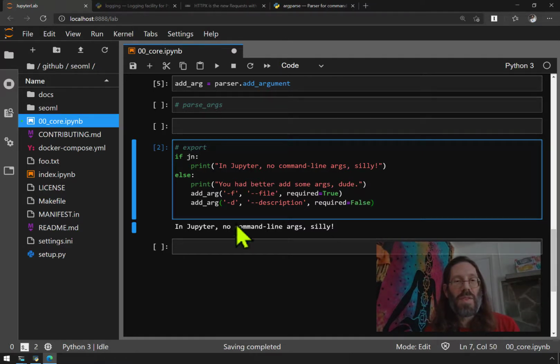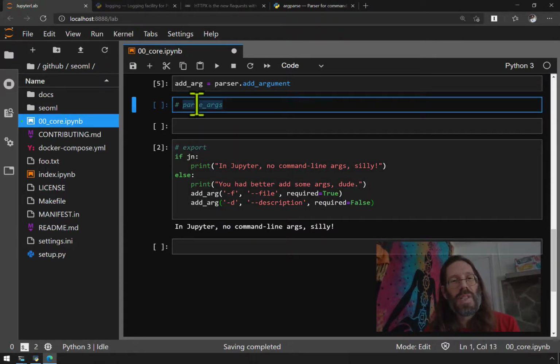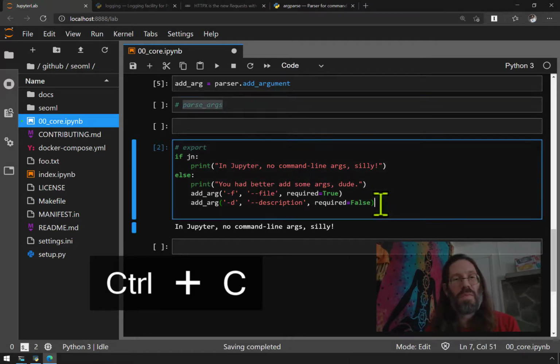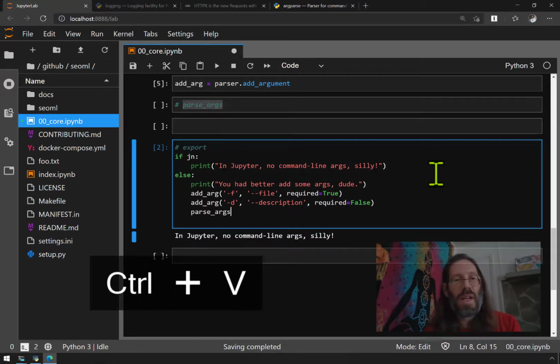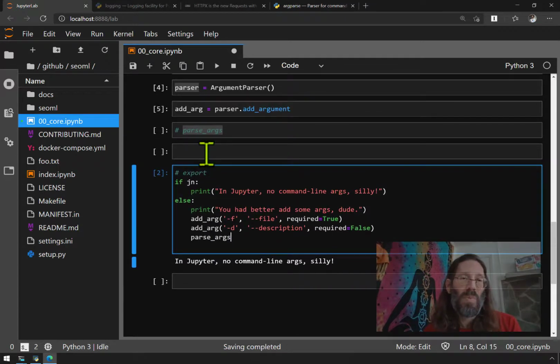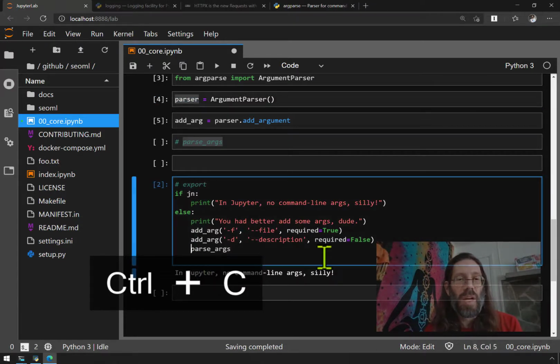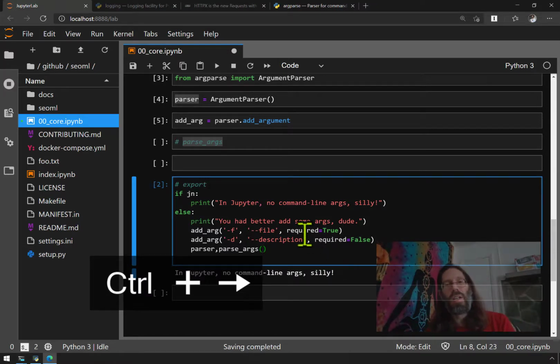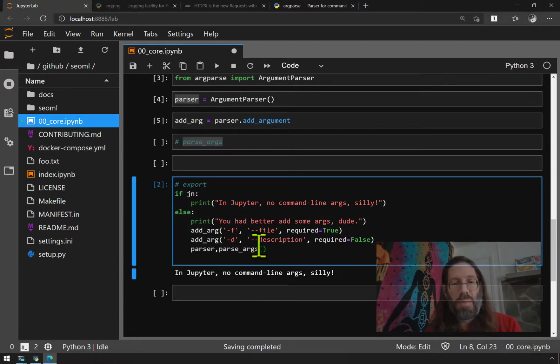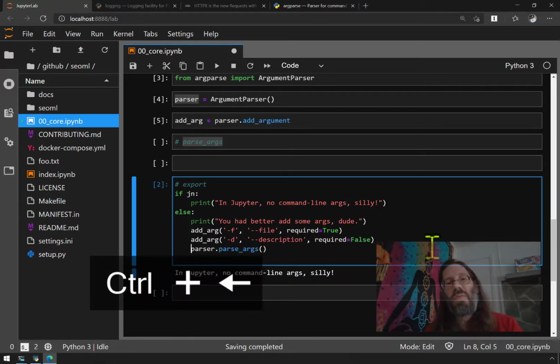All right, so we've added 2 arguments, and still inside that indent, because we know we're in the context of being in something that is not Jupyter Notebook, we can invoke the ParseArgs method of the parser. That's the parser we're talking about at this point. So it's an easy enough pattern. You've got to actually call it here, just the way these are being called with methods. You're calling the method, and that is going to actually parse the args that have been fed in,